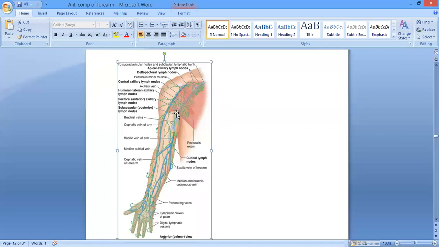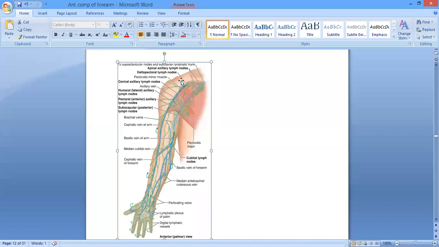And from the lateral group, where will the lymph go? The efferents of the lateral group of the lymph nodes will go towards the central group, and from the central they will go towards the apical group of the lymph nodes. You have forgotten everything, right? And from the apical, where will it go? What will the efferents of the apical group form? The right and the left subclavian lymph trunks.